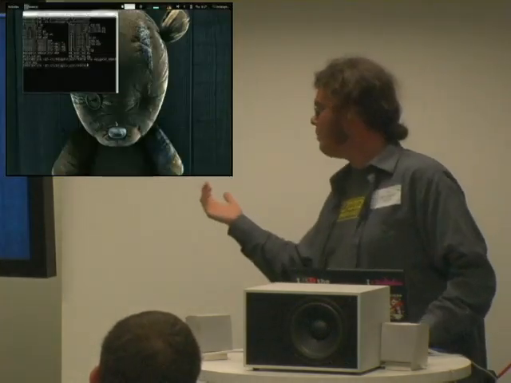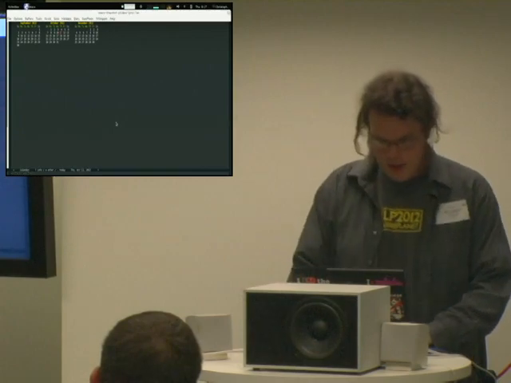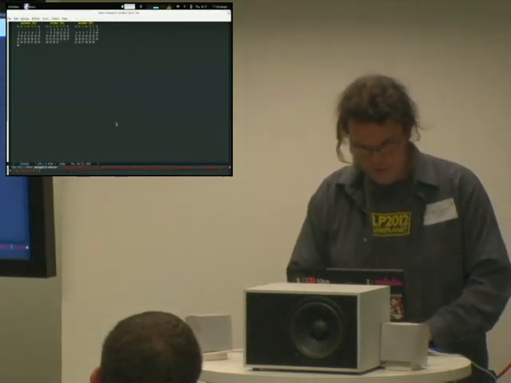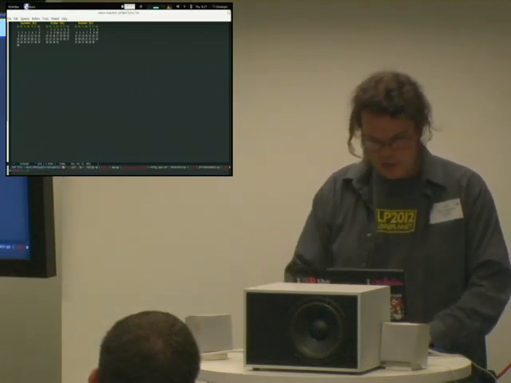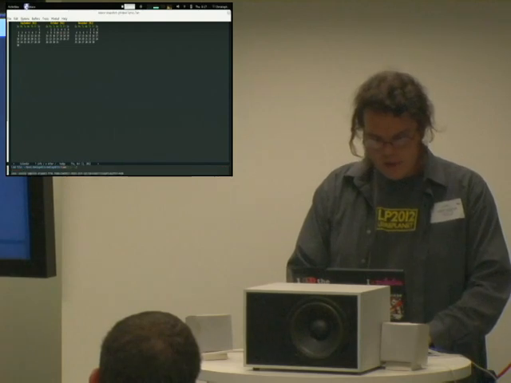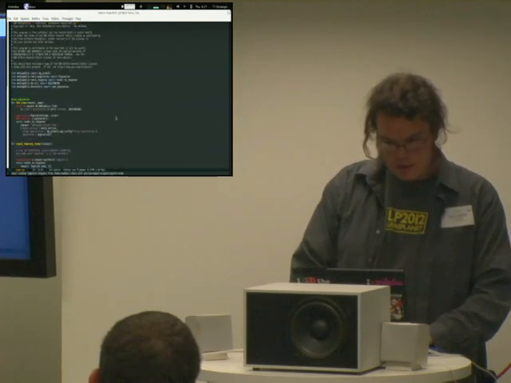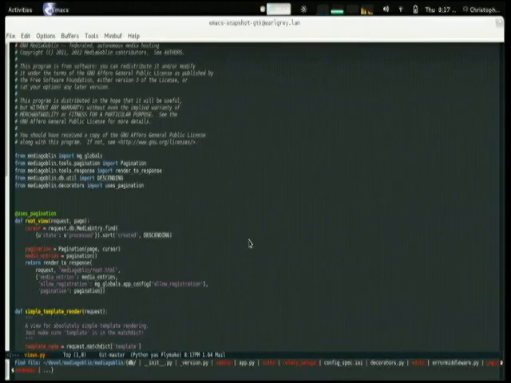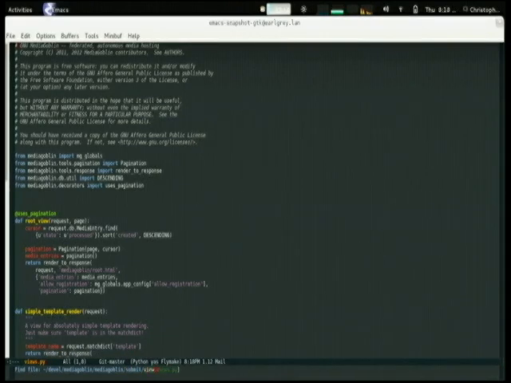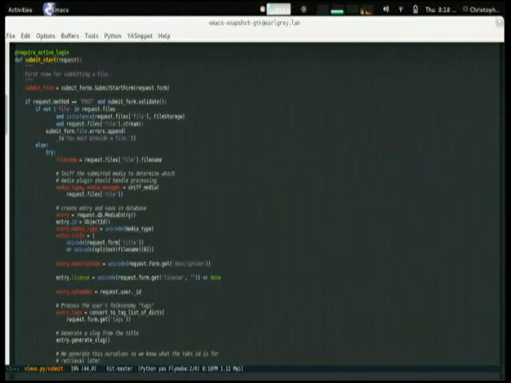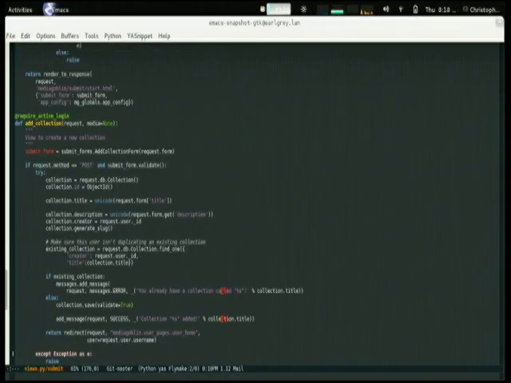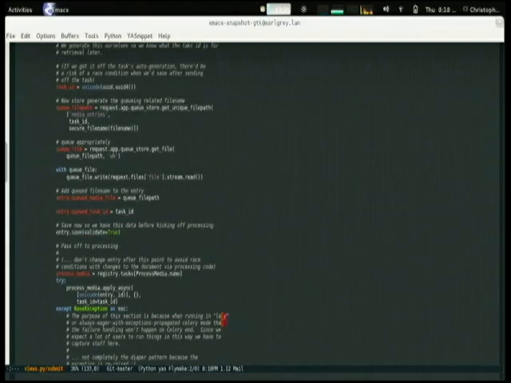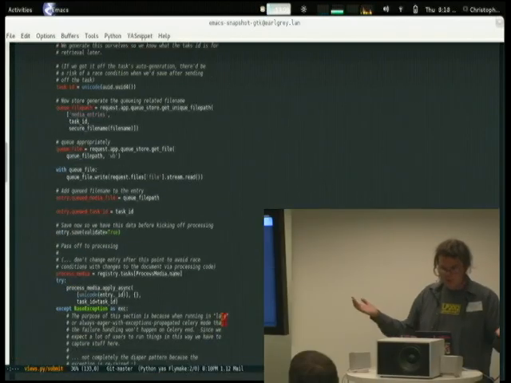Well, for one thing, MediaGoblin itself is, of course, written in Python. I've given this talk before and talked vaguely about the way that MediaGoblin was built. A few things have changed actually since then. So if you actually pull open MediaGoblin, actually that's not the best file to show this off, but submit. Use that file. So if you look at it, it actually looks very Django-like. You've got a request that comes in, you submit, it's got your request response. If you look at the views, it looks pretty similar.